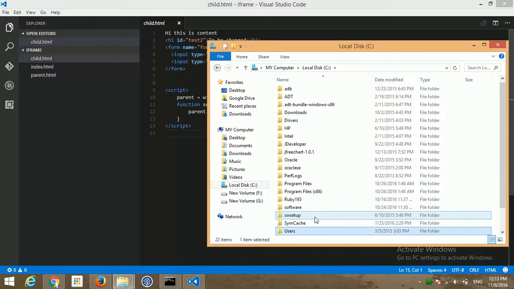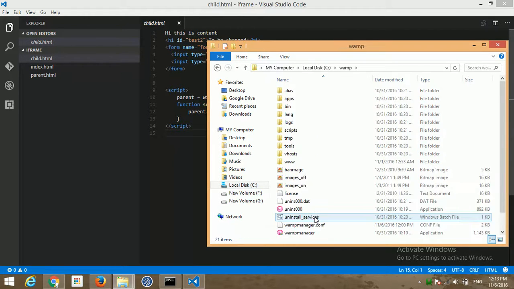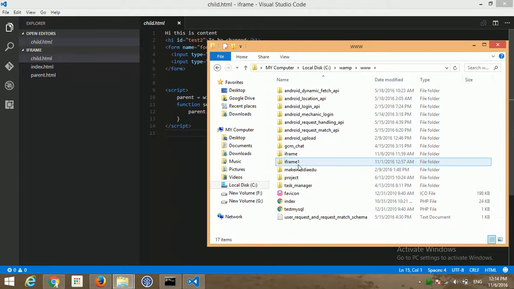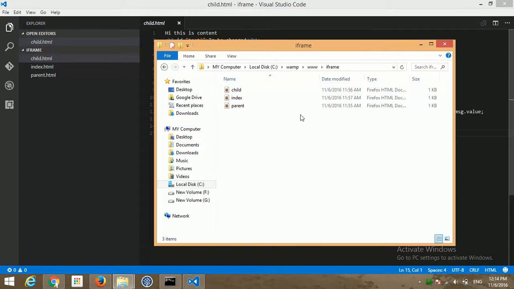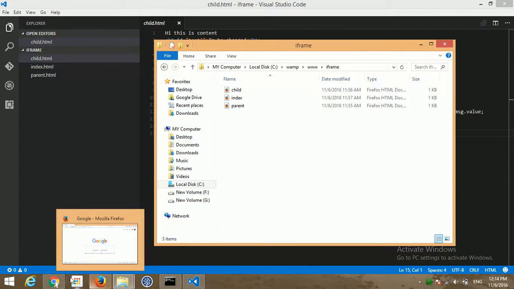Inside C drive I have WAMP, so I am going inside WAMP. Inside WAMP I have the www folder. Inside the www folder I have iframe, so I am going inside iframe. I have created this iframe folder here, and inside it I have all these files which I want to run.